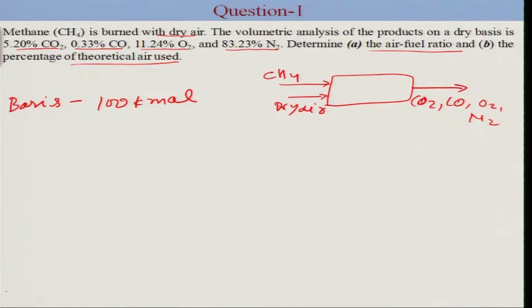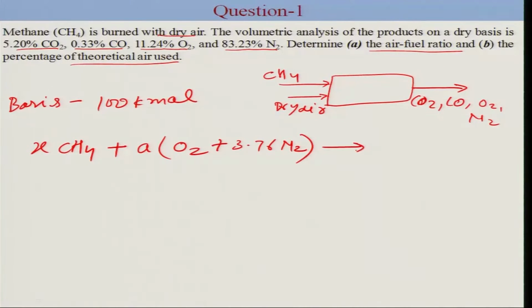Before writing combustion equation, first we assume that x kilomole of methane is being burned, okay, because it is not given in the question. So, x kilomole of methane is being burned with a kilomole of air, since 1 kilomole of air contains 1 kilomole of oxygen plus 3.76 kilomole of nitrogen,